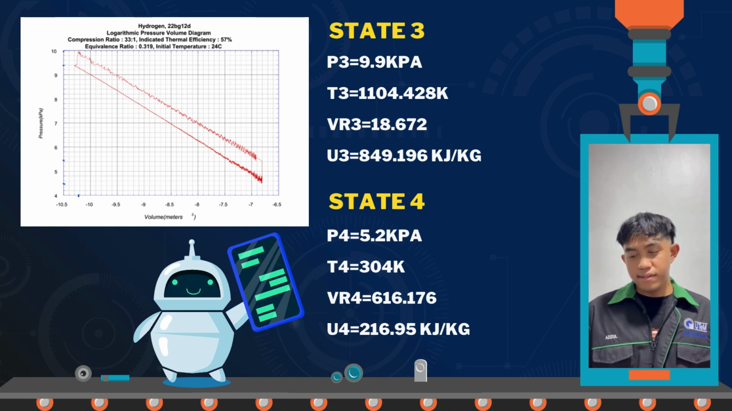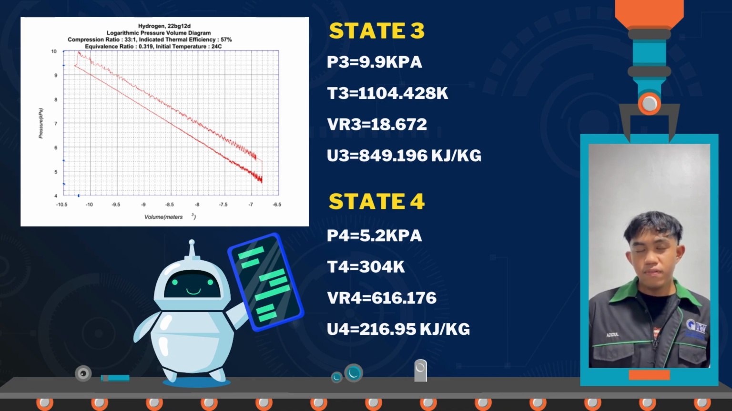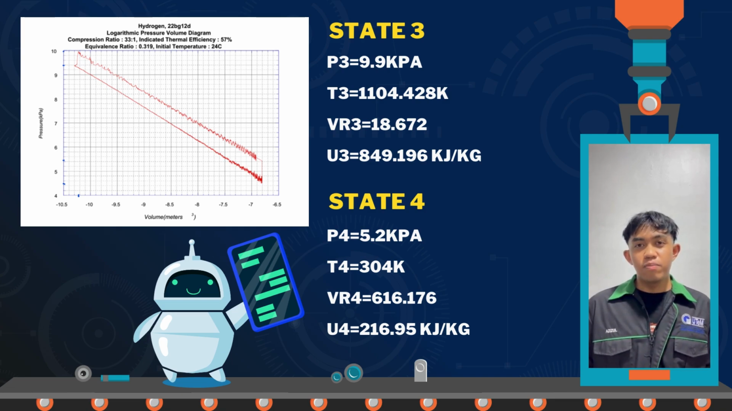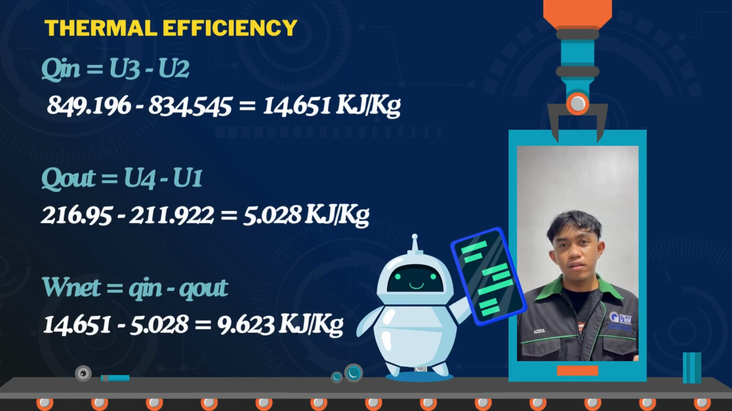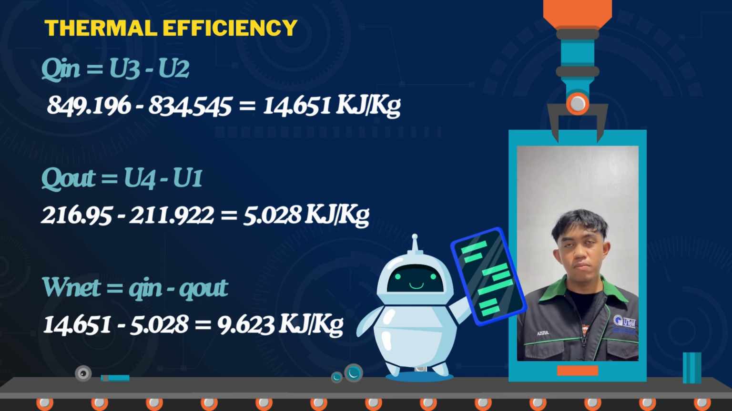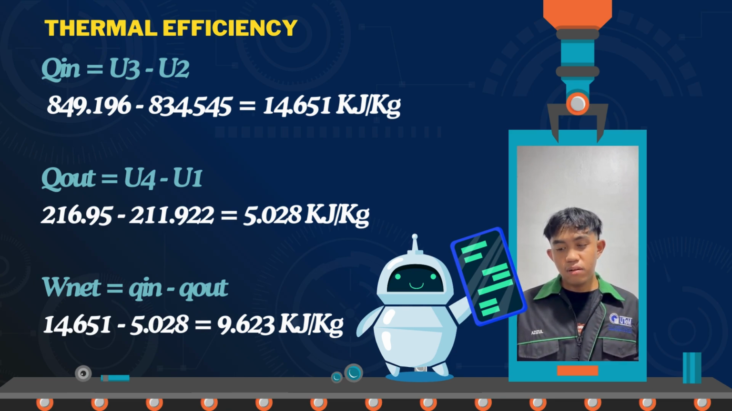And for the last step, step 4, from the graph, the pressure is 5.2 kPa, and we can get T4, VR4 and U4. We must calculate Qin first, which is Qin equals U3 minus U2, and we get 14.651 kJ per kg. For Qout, we get 5.028 kJ per kg, and for Wnet, which is equal to Qin minus Qout, which is 9.623